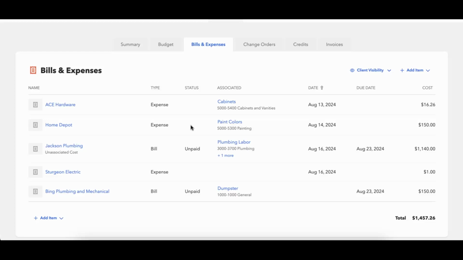You had to run out and get those things. Bills are more of a recurring expense. These could be things like you're getting billed for labor on a project, or you're getting a recurring bill for the electricity on the project, things like that. And then you can assign those as well, just like expenses, to any of the budget items, or just leave